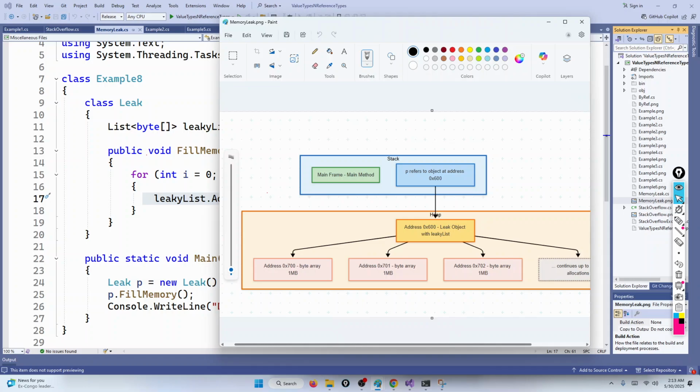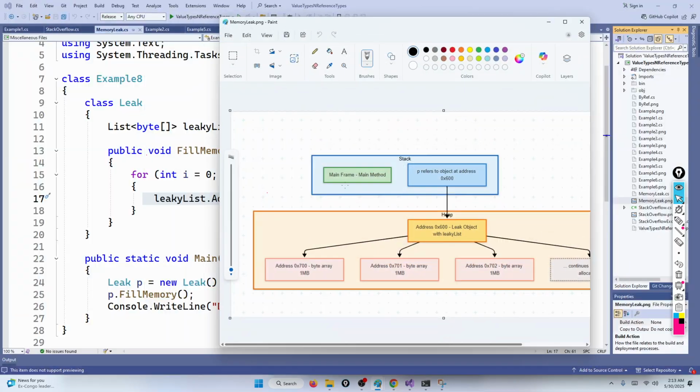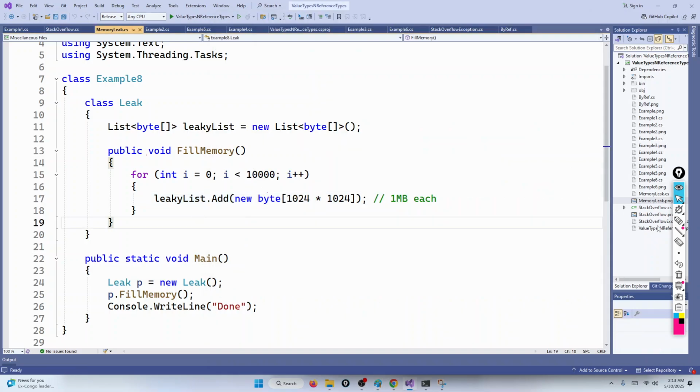And what it does is keep creating 1 megabyte space, 1 megabyte space, 1 megabyte space. And what is going to happen, it keeps doing that. And if it keeps running like that, what will happen is that you will be out of memory. Now quickly I wanted to